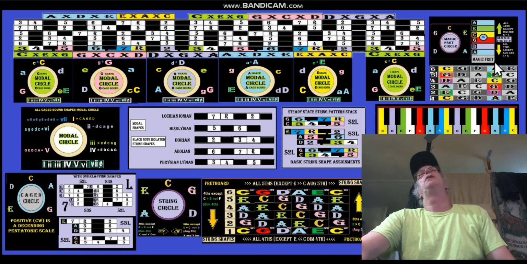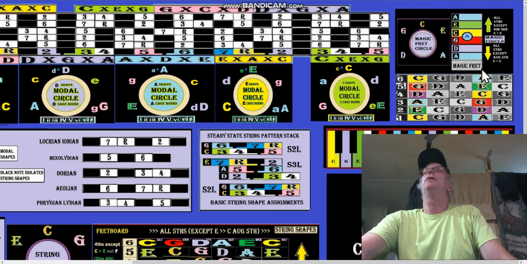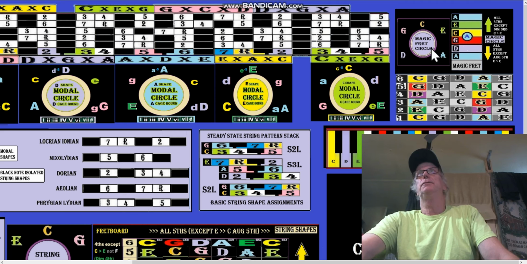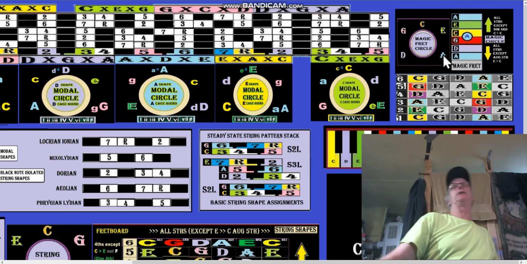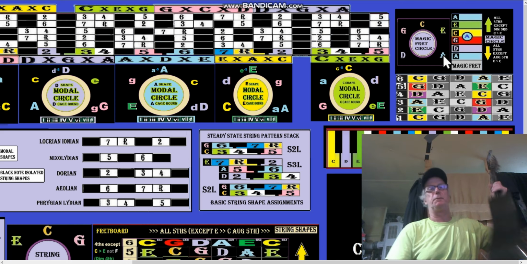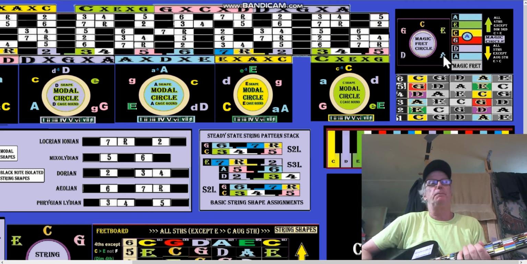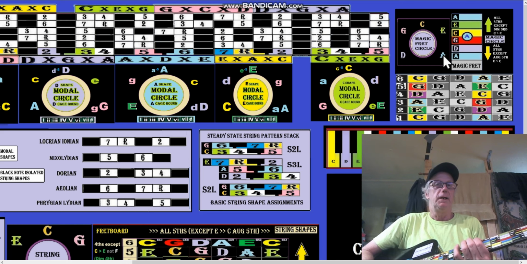So the clockwise function of the magic fret circle up here is: if I start a C shape on string number 3, it becomes an A shape. So 1, 2, 3 right there. Now, how am I going to start a C shape on string number 3? Well, it's going to start from the A shape. So the A shape starts on a G in the key of C, because if you play an open A on your guitar, the low E string